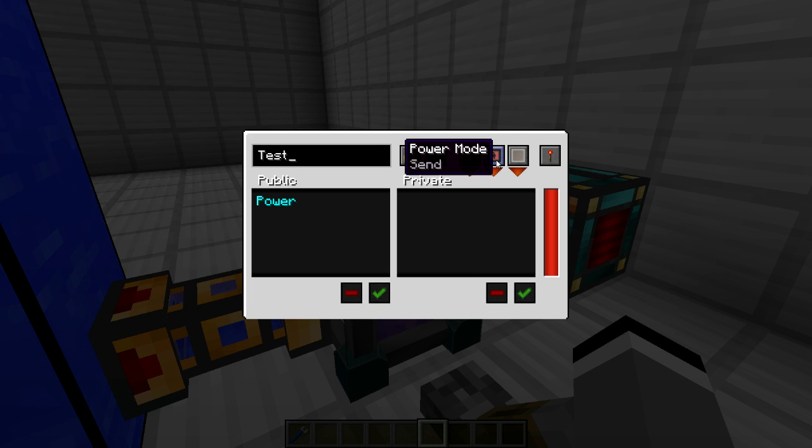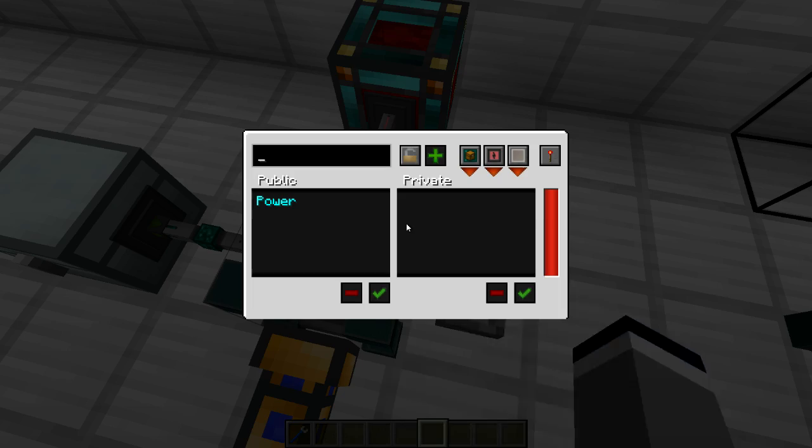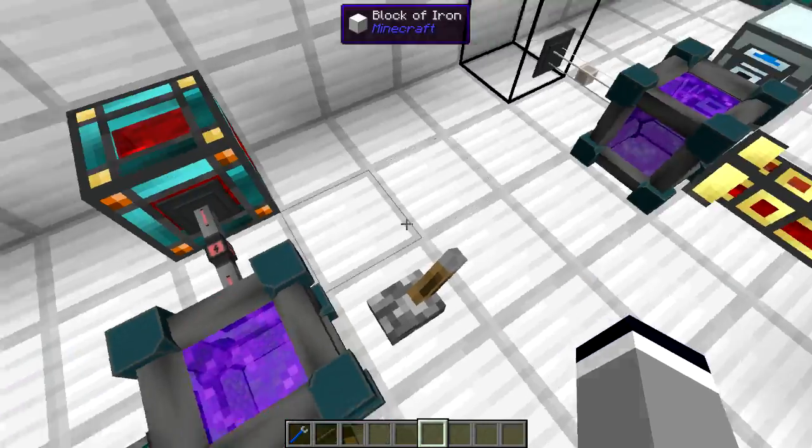And these are your controls. So we've got item send, item receive, send and receive, and disabled. And it's the same for power and fluid. We also have some redstone control, just like the other blocks. And note that this block needs some power, or it has a buffer for power, which is used to send